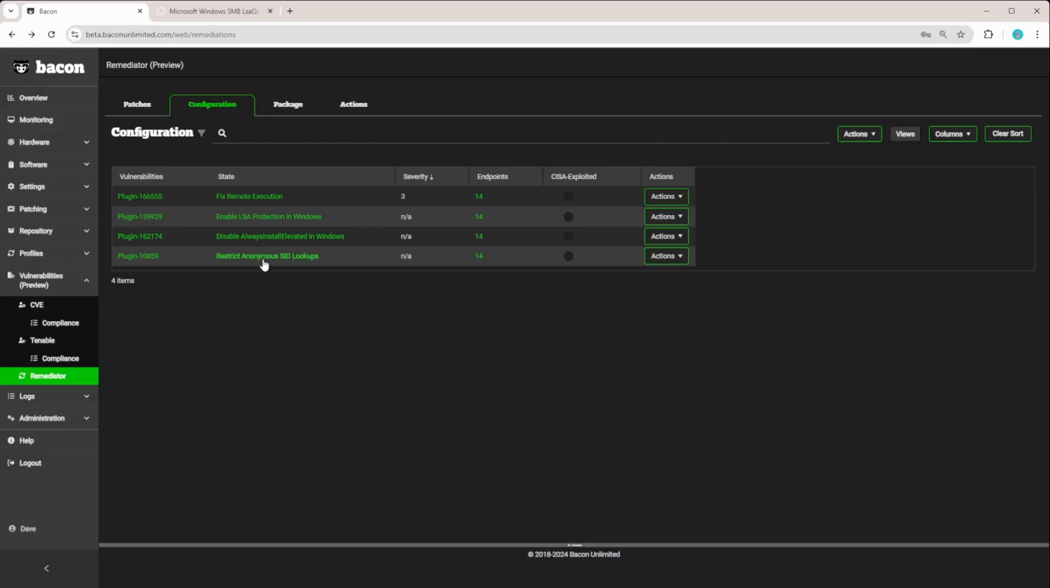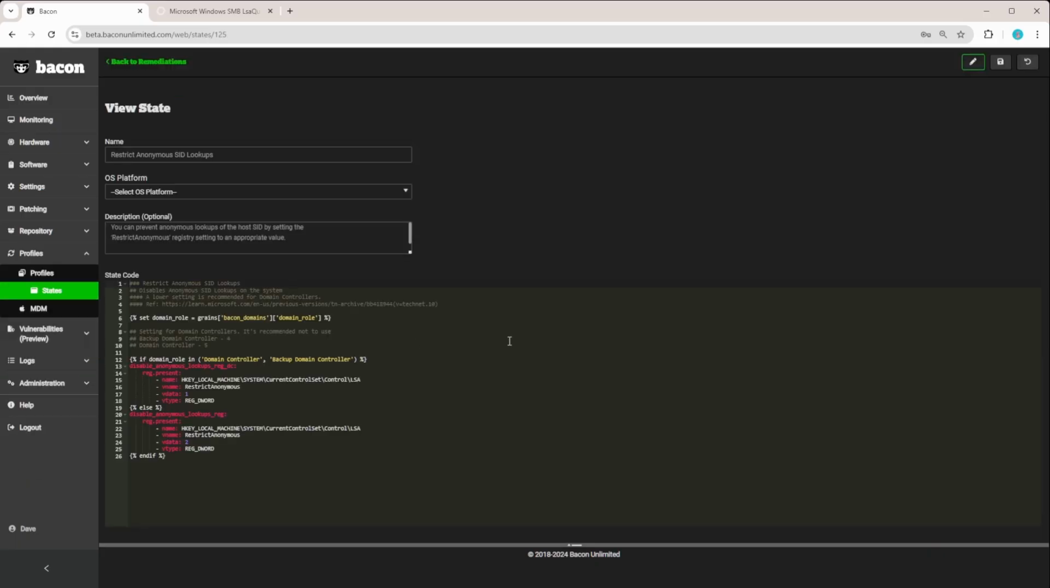So if I click on my restrict anonymous SID lookups, it's going to bring us over to states. If you're already a Bacon customer, you'll probably be familiar with this. This is our form of automation. Here we're able to write a simple YAML file, and that's going to do different stuff for us on the machine. In this case, this is about an intermediate to advanced style since I'm using some conditionals here,